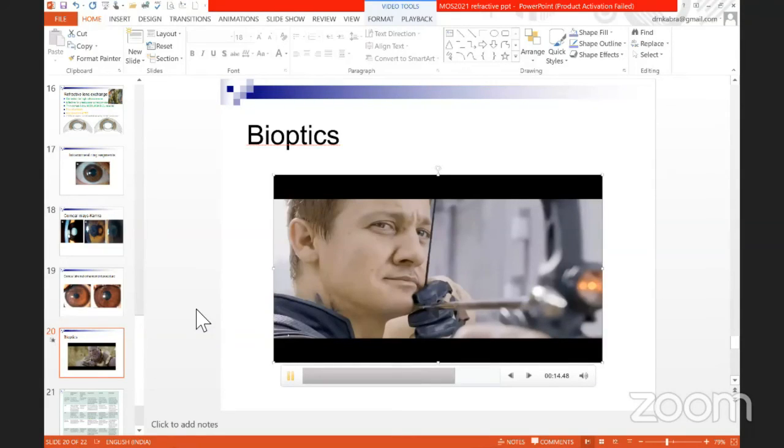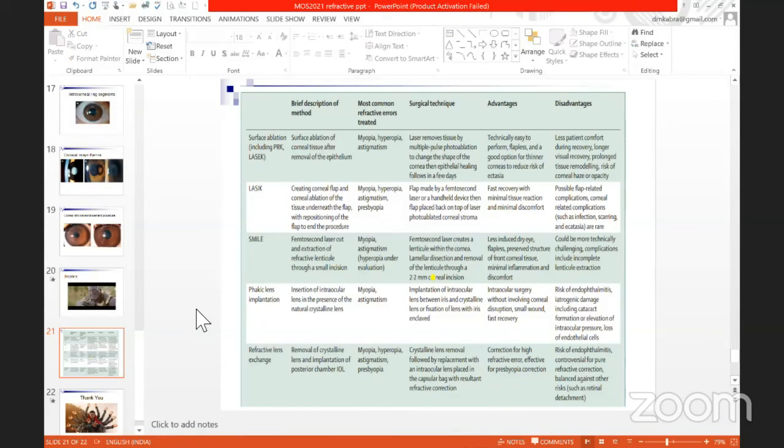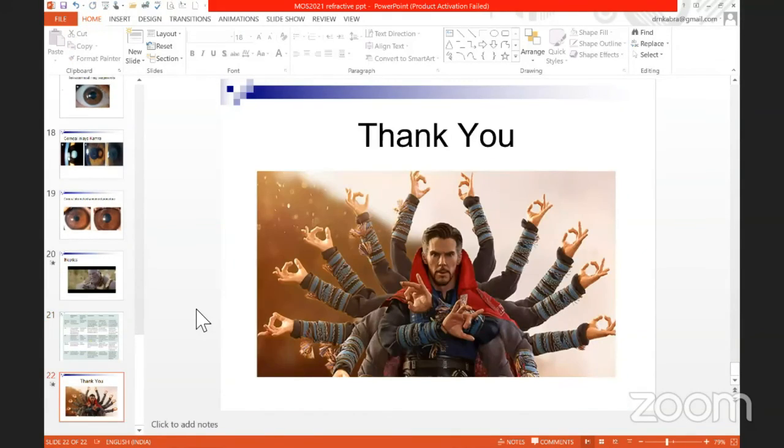This is a comprehensive slide which compares all the pros and cons of each procedure. As we do have a lot of weapons and heroes with us, now the magical role is of doctor. I won't say Dr. Strange, now it's Dr. Familiar, doctor who is familiar with all the technologies and knows what to select to deliver the best.